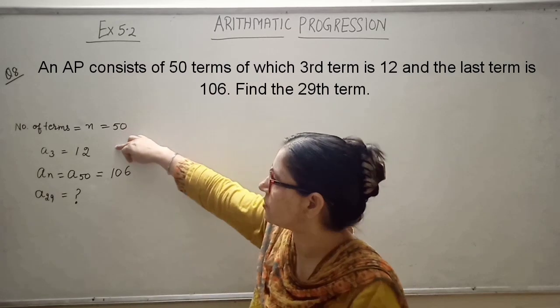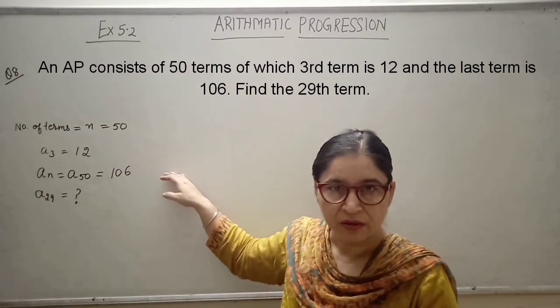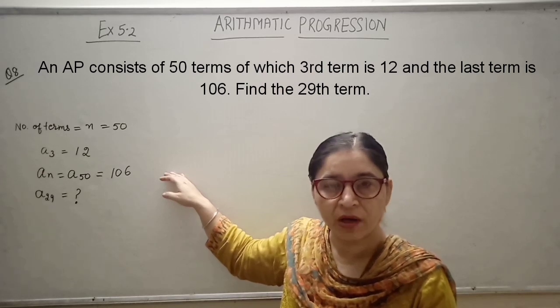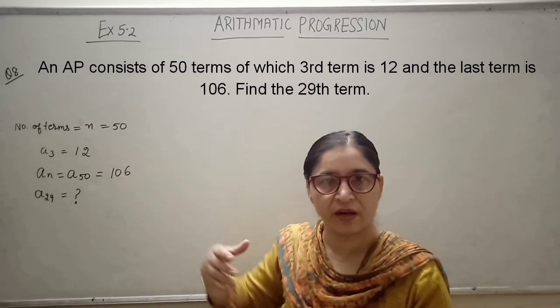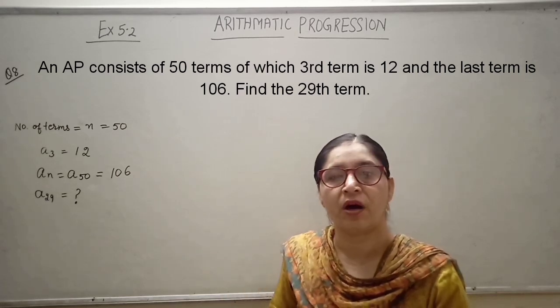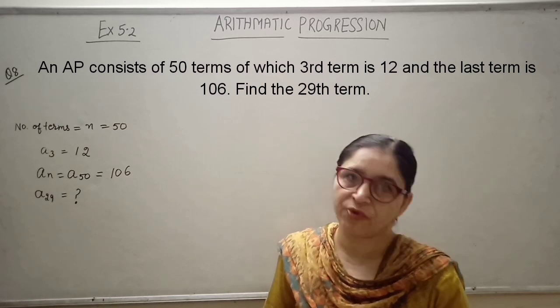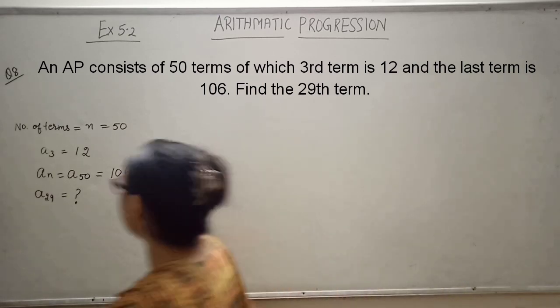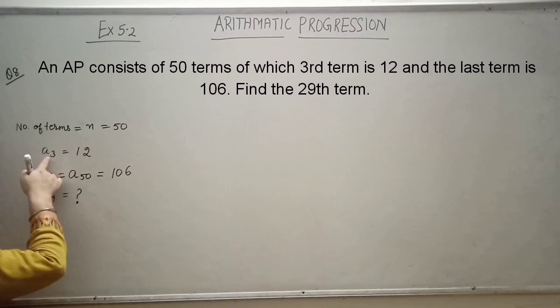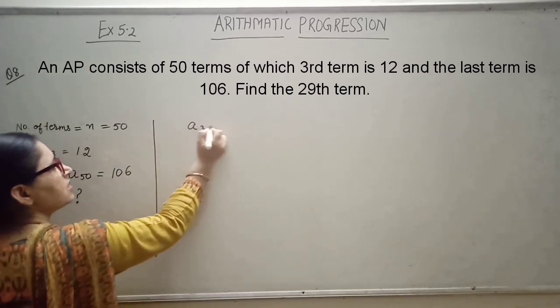given two terms, you expand these two terms by writing the formula, using the values of n in the formula, and then you need to subtract these two, or you apply the elimination method to find the value of d. So look here, this is A3. What is A3? Let us start it here. So A3 is given 12.